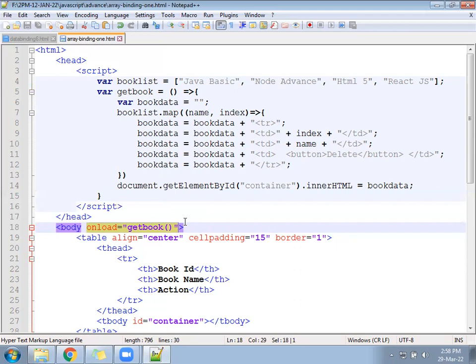Then we can add the next functionality, delete part, or maybe add a new element.